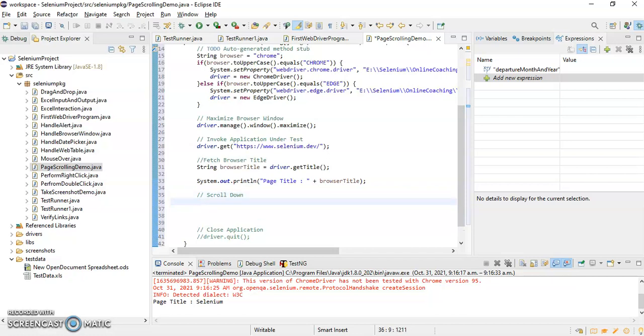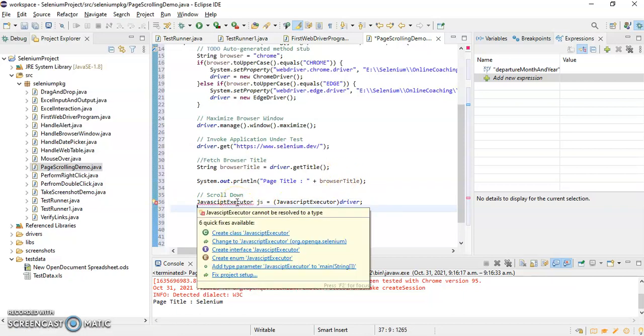So what I have to do is create the reference variable of JavaScript executor interface first. JavaScriptExecutor js is equal to JavaScriptExecutor driver. We have to do typecasting as well.